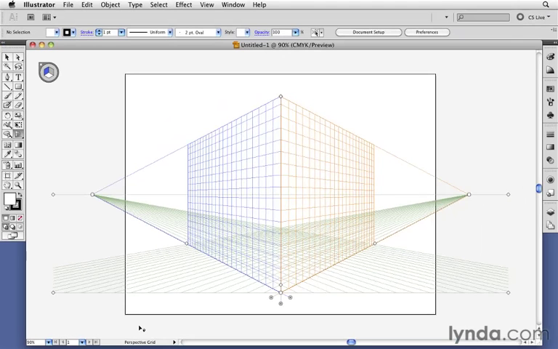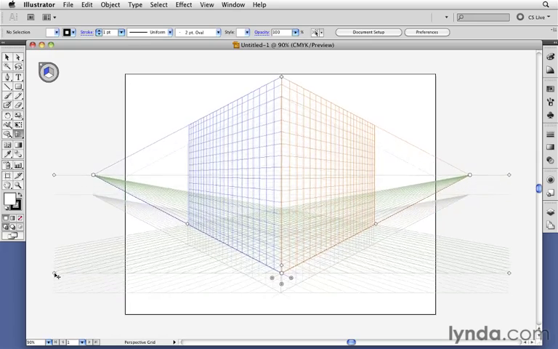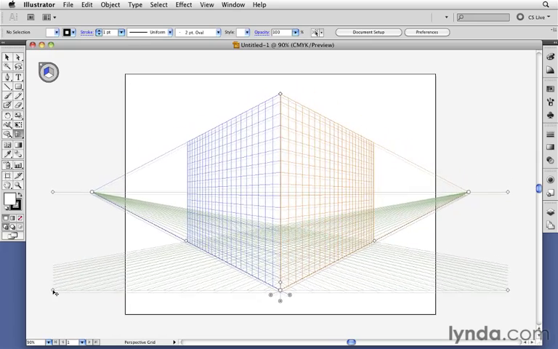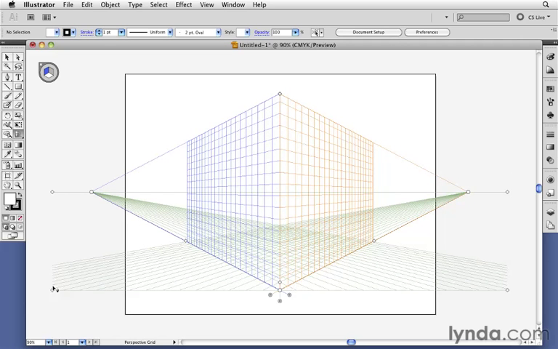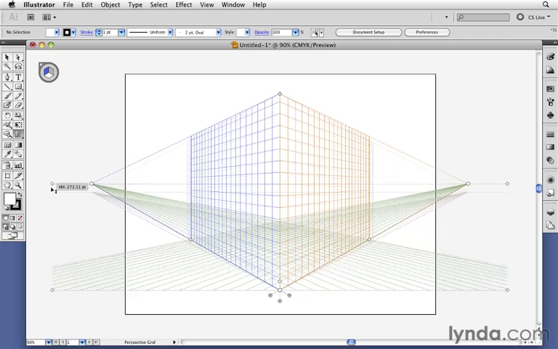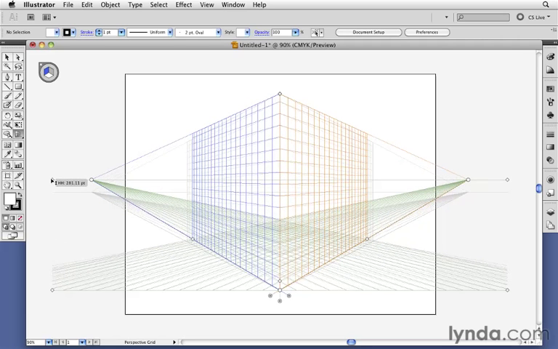When defining your perspective grid, two of the most important settings are the ground line and the horizon line. The horizon line is sometimes also referred to as the eye level. You can control the position of these settings by clicking on any of these diamond shapes on those lines and move your grid around. For example, I can reposition the ground line by clicking on this diamond and moving it up and down, or left and right. And you can adjust the horizon line, or the eye level, by clicking on these diamonds and moving this up or down. Notice that as I do so, the smart guides, which are currently active in my document, show me HH, which stands for the horizon height,